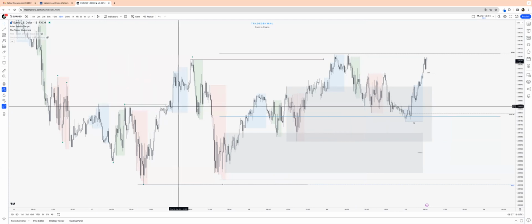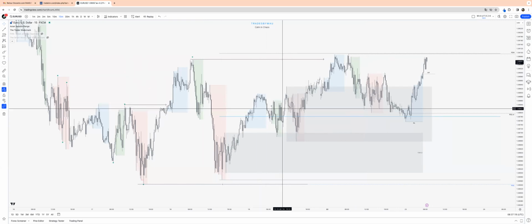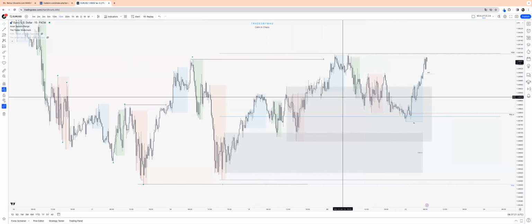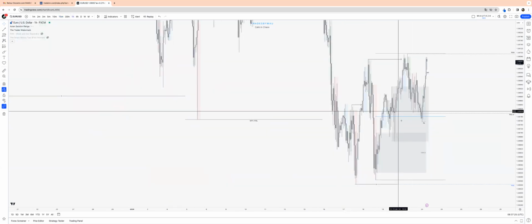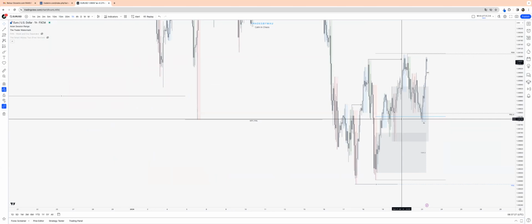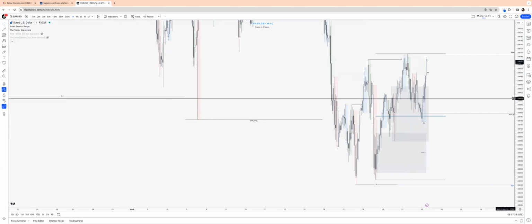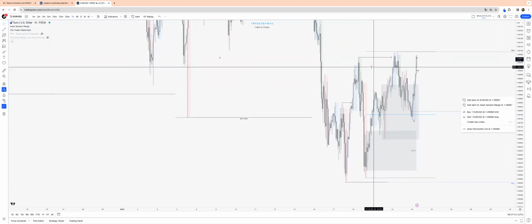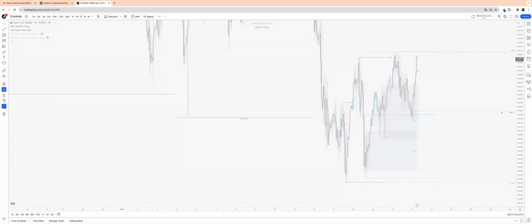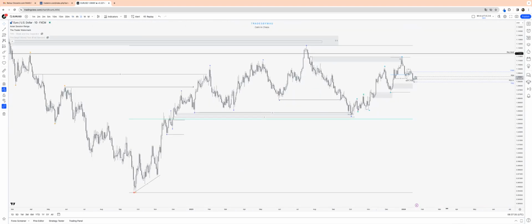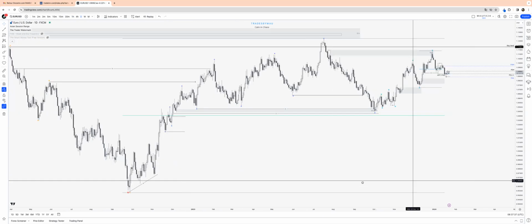Resistance, resistance, support, support, support, support, resistance, resistance, etc. So a little, not major, just a minor one. I don't know, maybe if you zoom out, you can see that it's a bigger one. It actually is. Here you go. Train the eye for it in the meantime. I'm gonna cover GU as well, but let's start on EU